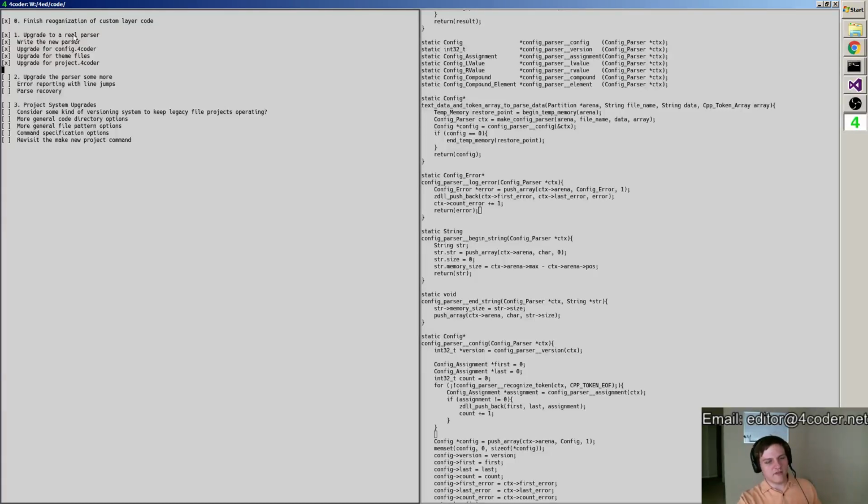Since last time, I finished writing the full config parser system, at least the first pass of it, and then I switched all of the old stuff over to the new config thing. By old stuff I mean the old config.4coder, theme.4coder files, and project.4coder files.